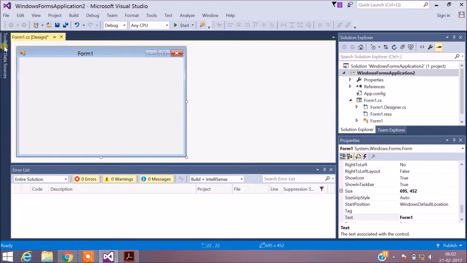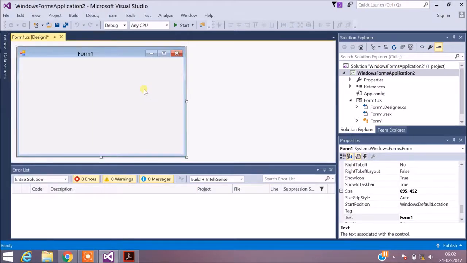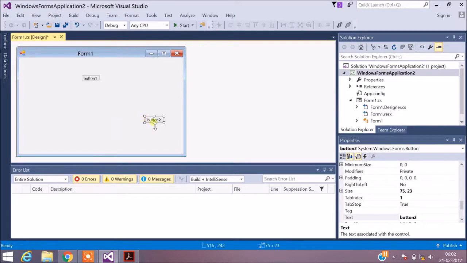I'll include two buttons in this form. Any kind of component can be selected from the toolbox. You just click it and place it into your form. So I'm going to have two buttons here.